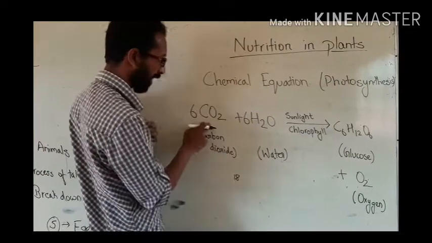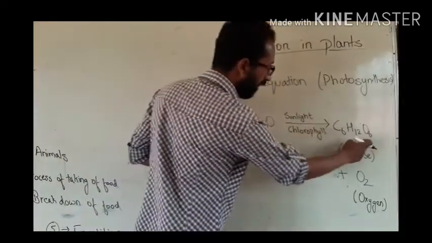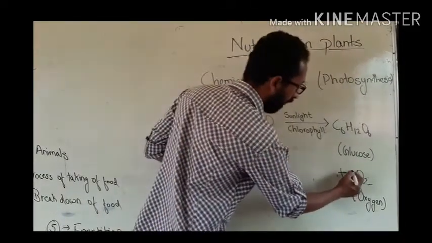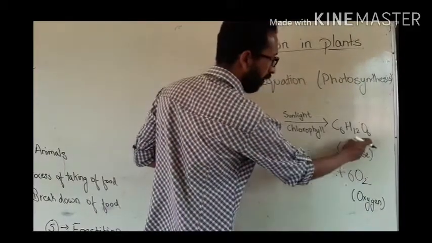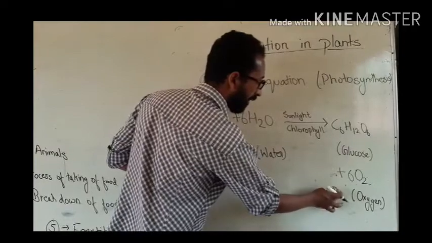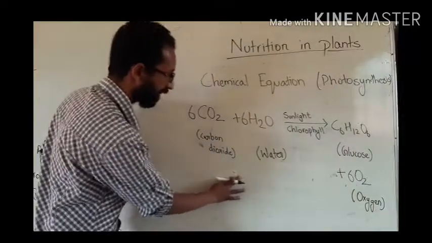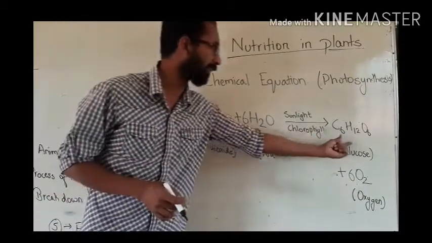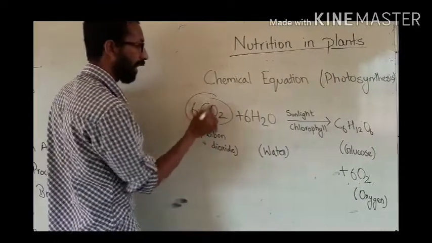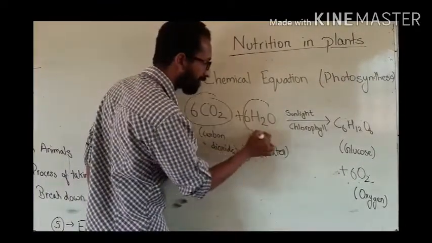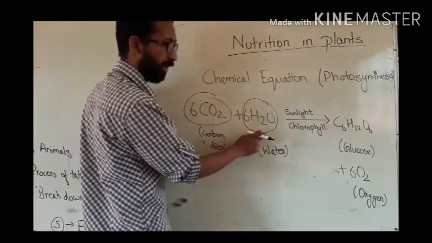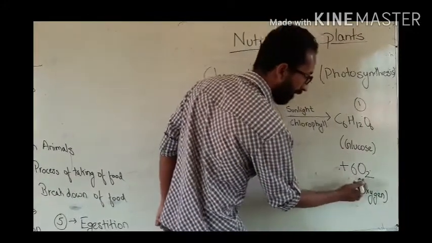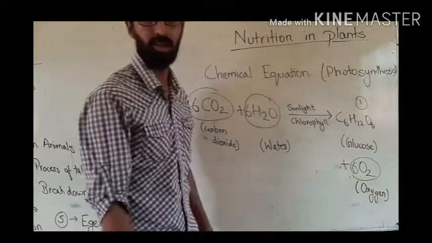molecules of oxygen present on the left hand side, and here on the right hand side it is 6 and 2, 8. So to balance it, I will put 6 here. Now 6 into 2, 12 plus 6, that also results in 18. So now both left hand side and right hand side are balanced. So you can see that this equation is balanced now. So 6 molecules of carbon dioxide when combined with 6 molecules of H2O results in formation of 1 molecule of glucose and 6 molecules of oxygen.